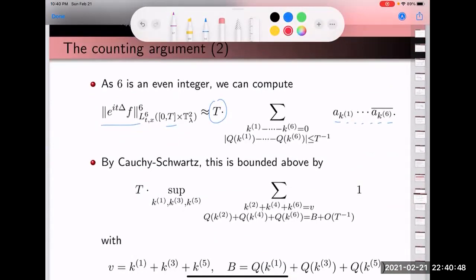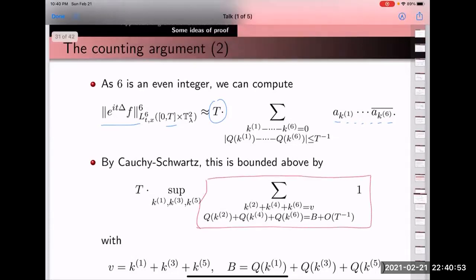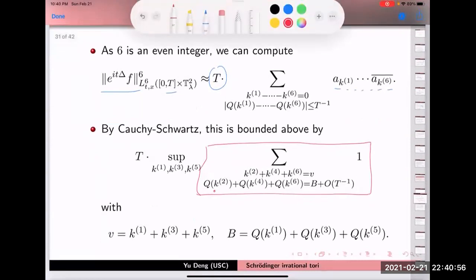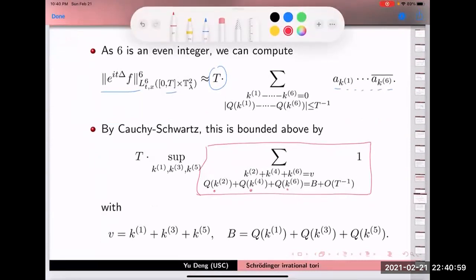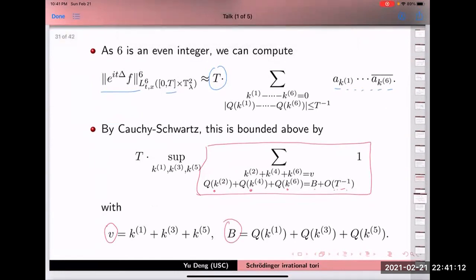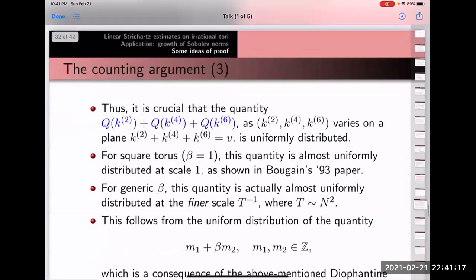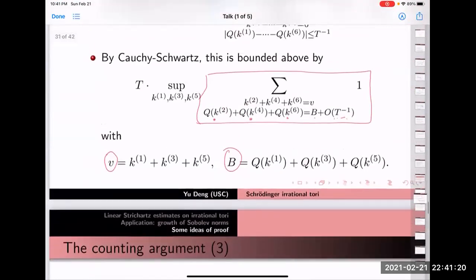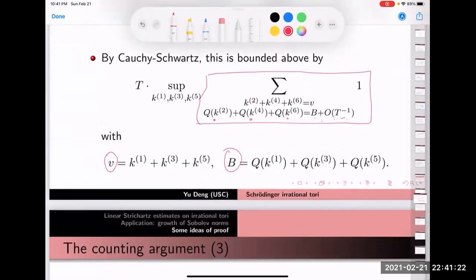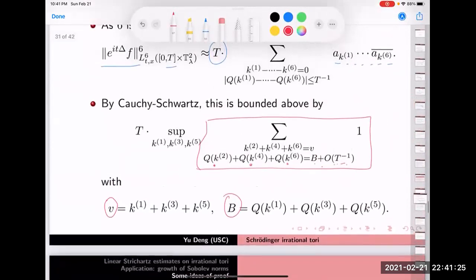In this counting problem, you're counting the number of vectors K2, K4, K6 such that the sum of these quadratic forms QK2 plus QK4 plus QK6 equals O of T to the minus 1. Here V is a constant vector and B is a constant number. This is standard when proving Strichartz estimates for even integer powers. Since we are reduced to this counting problem, the key point of whether this Strichartz estimate holds